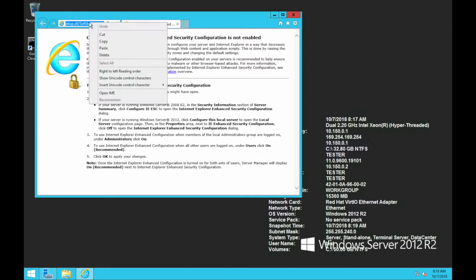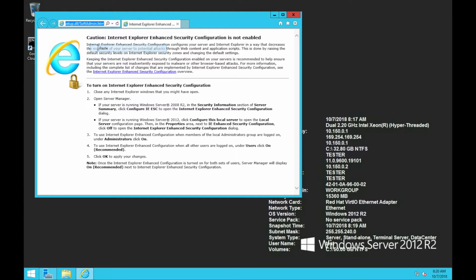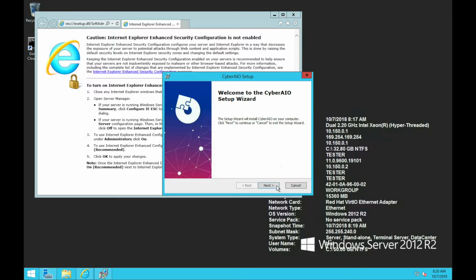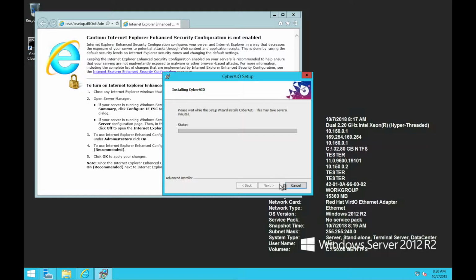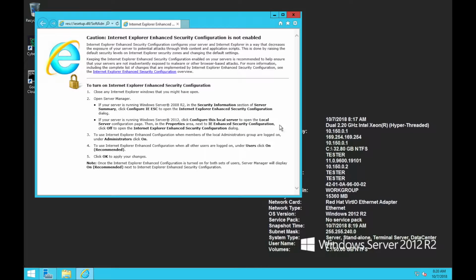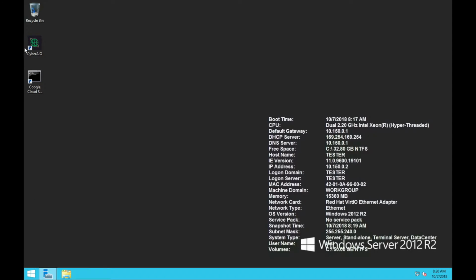Give me a second. All right, here we go. I got my cyber download link. You're just gonna paste it into Internet Explorer. Basically, you're just gonna download onto this server. You click run, just like installing cyber. Finish, exit, open it,